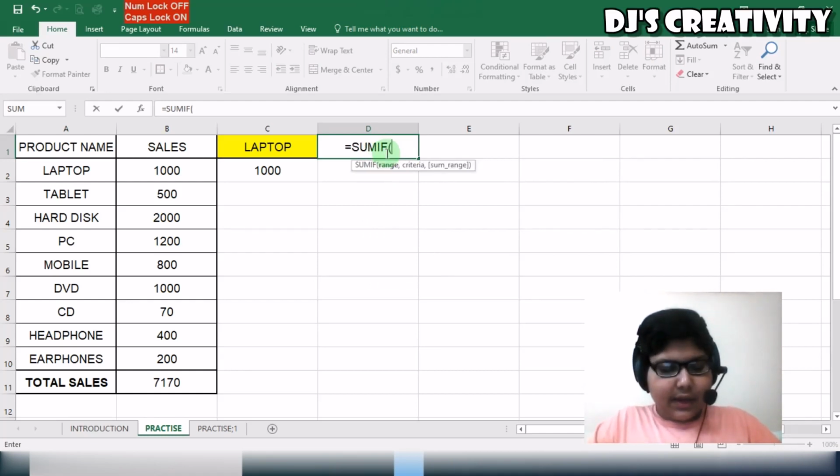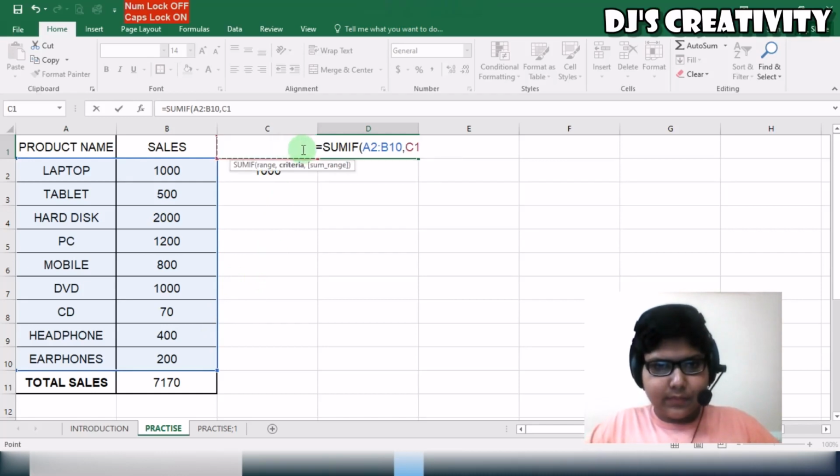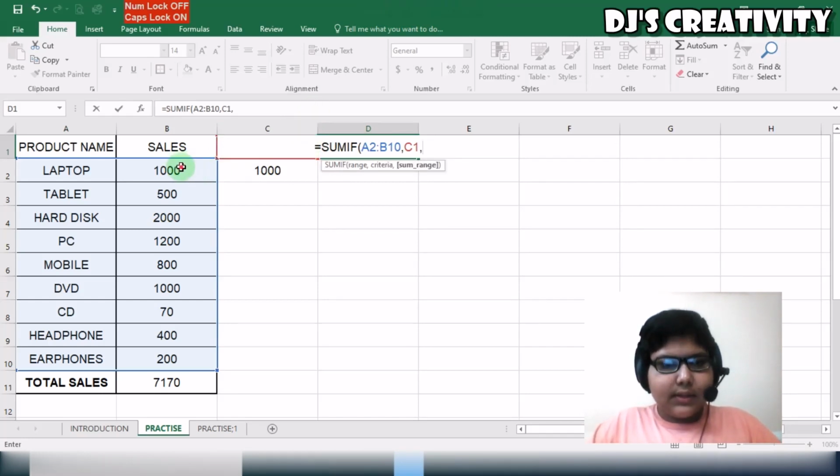As you can see, here we have to select range, which will be the total data which contains the required things. Here I will select the whole table containing the products and the values. After that, put a comma and then we need to enter the cell for which we want the corresponding values to be displayed. Now we need to select the range in which we have the corresponding values. A comma. Then press enter and then enter the product name.